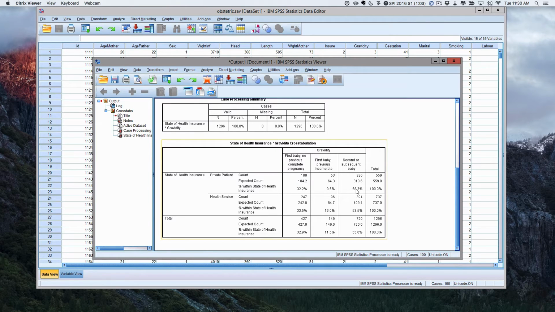If you look at this percentage, what it's done is it said, if you consider all private patients, what percent is their first baby, what percent is their first baby previously incomplete, and what percent is the rest. So basically, this is worked out by, say, taking, for example, 180 and dividing it by the total, which is 559. So 180 by 559 should give 32.2. So this is your